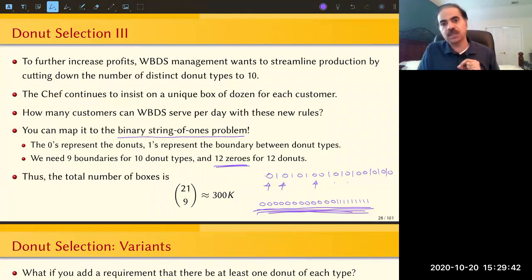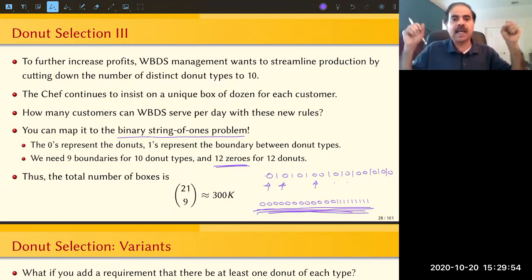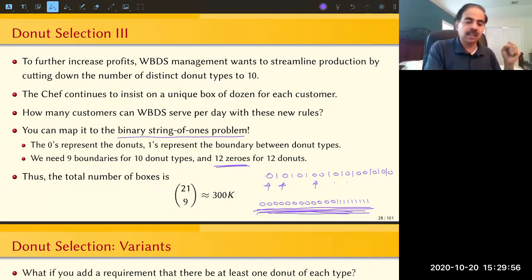And you also want to show that every such string represents exactly one way of filling the box, right? So this is how you show that there is a bijection between the ways of filling the donut box and these binary strings containing 9 ones,